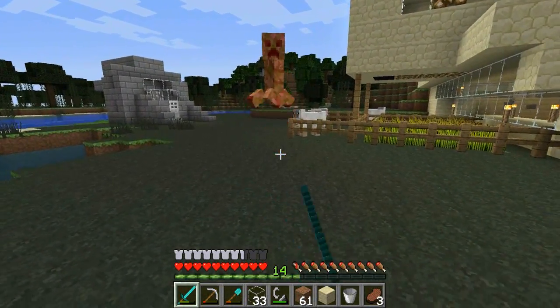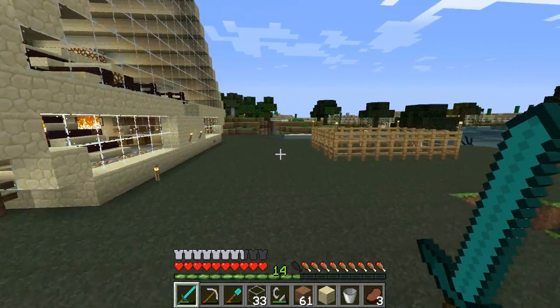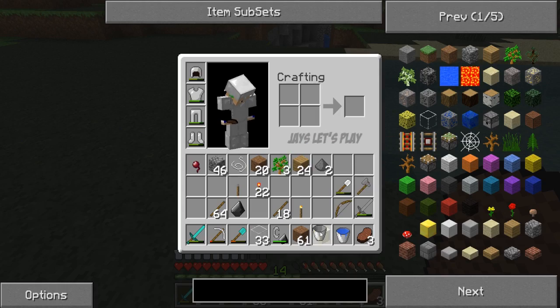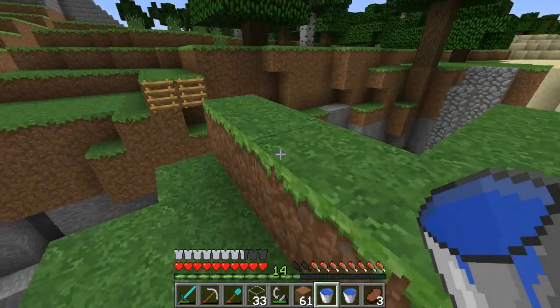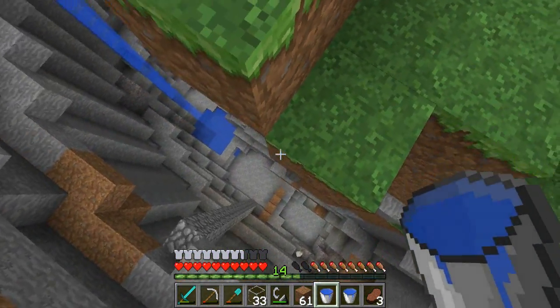So, yeah, we're going to be starting on the mob XP farm. Well, the zombie XP farm. Because I want to start enchanting. I've got like 30 diamonds. And I want to make some nice diamond stuff and start enchanting it. So, I'm just going to show you what I've done so far. Because I've actually started it already,